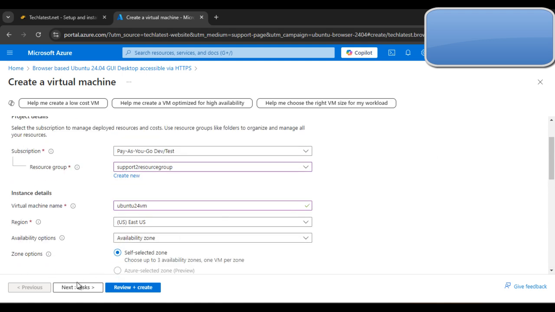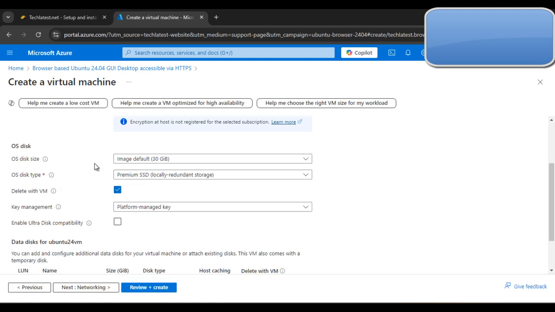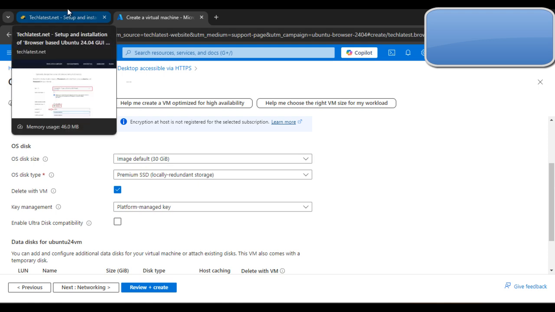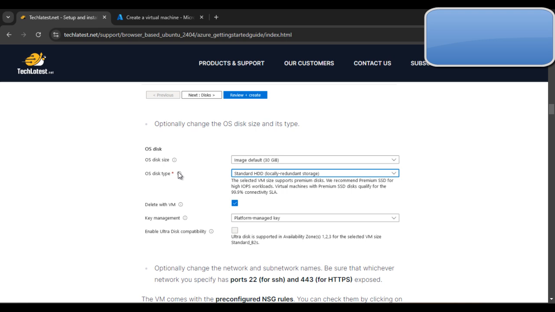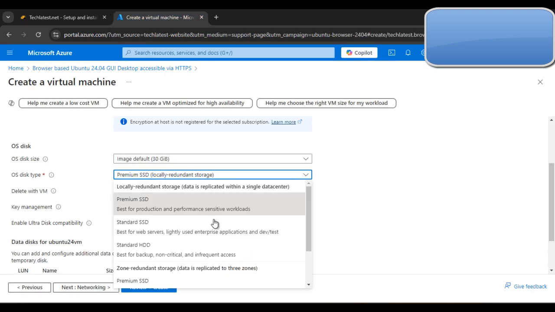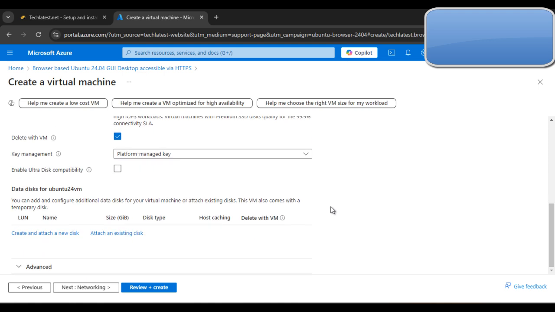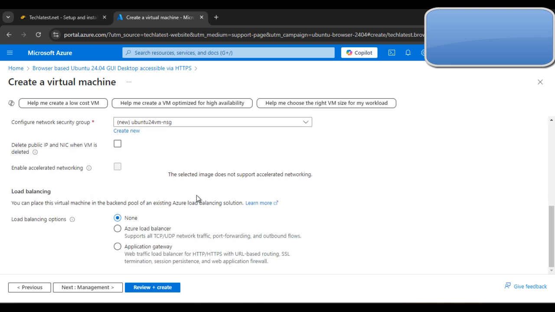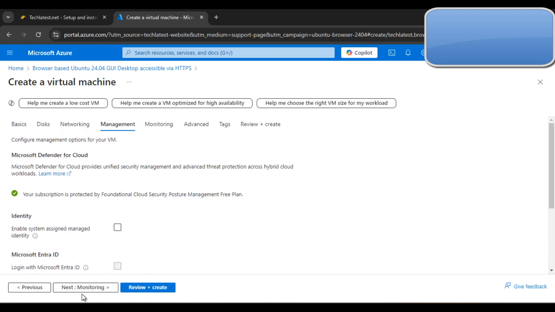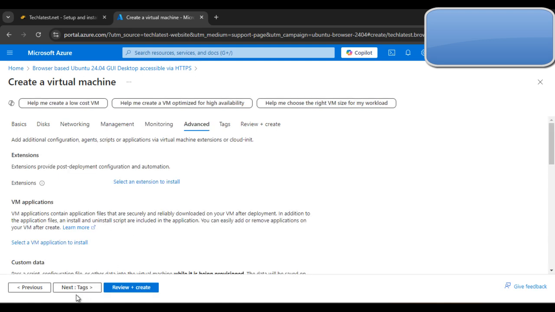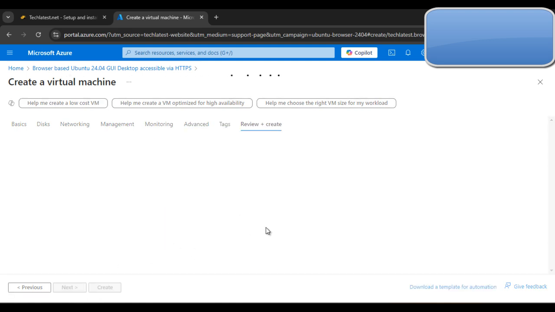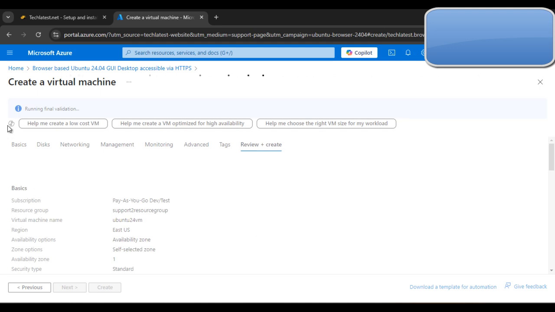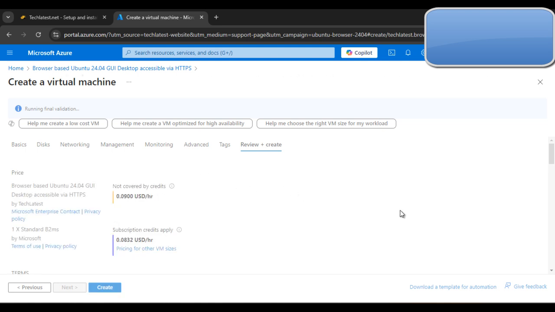Now next you have to select disk and other things. So your OS disk type is image default 30 GB. Then select OS disk type. So we have selected standard HDD here, standard HDD. Then platform key and other things. Then next networking. And after this you can select management, then next monitoring, then next advanced, and then next tags, and next review plus create. So you can see that here it is running final validation, and after this you have to click on create button,